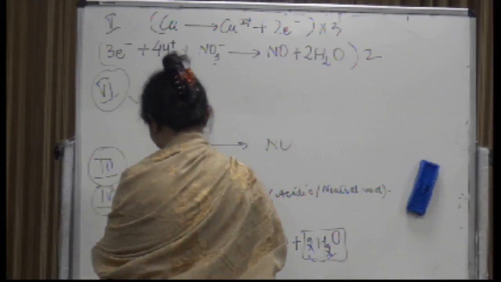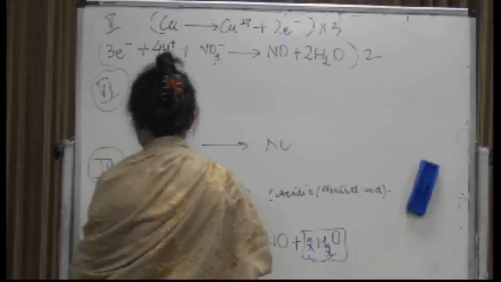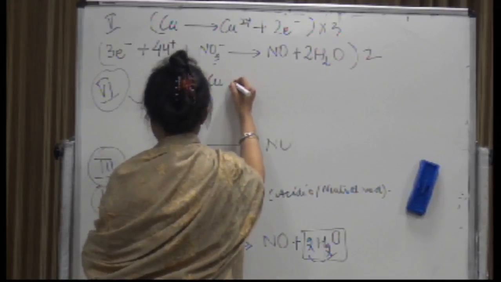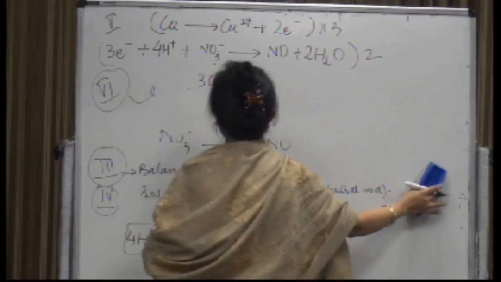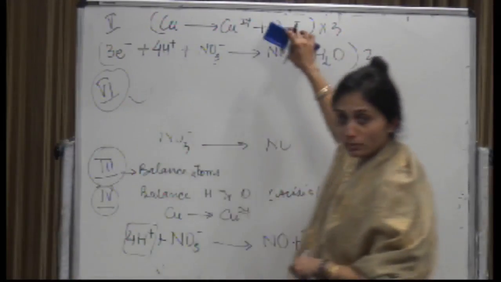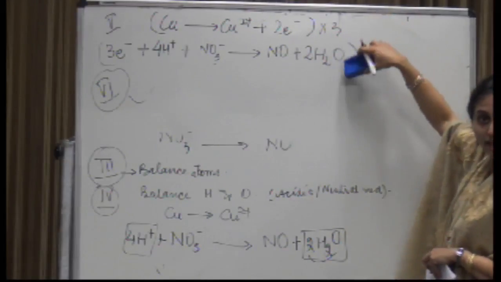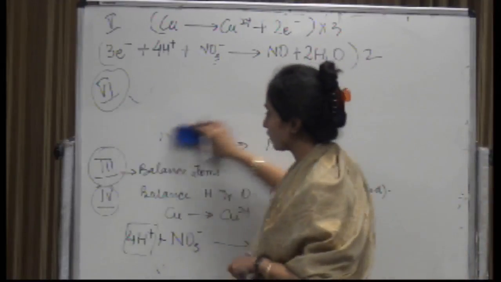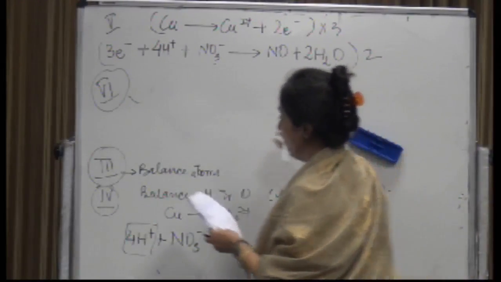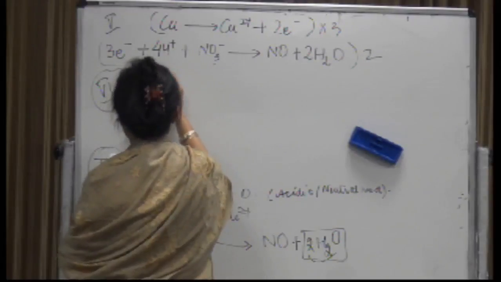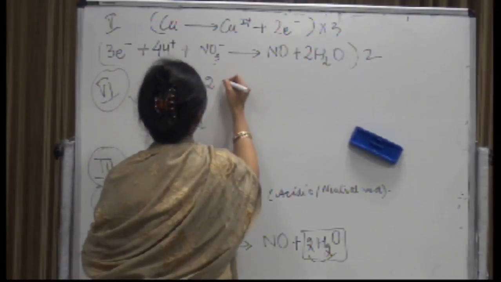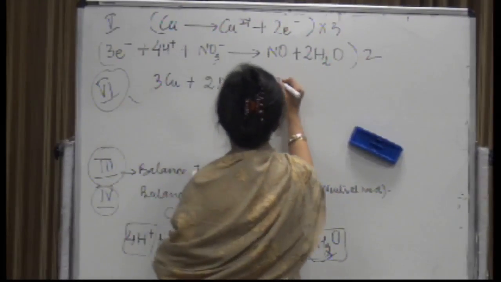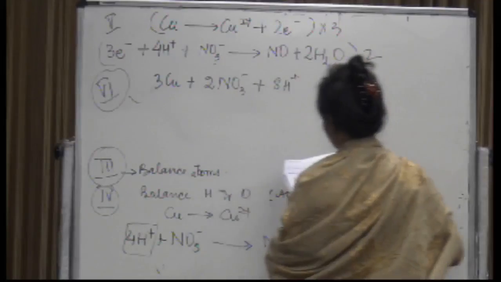Okay? So now what we'll have in this case, you will have 3Cu giving, you just add it up and tell me the final equation. You got it, no? You will be multiplying the upper equation with 3 and the lower equation with 2. Okay, and then add the two equations to give a net equation, and your net equation will be, now write down the net equation, that will be 3Cu plus 2NO3 negative, very good, plus 8H plus, ठीक है, बस